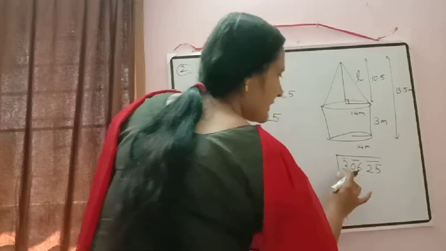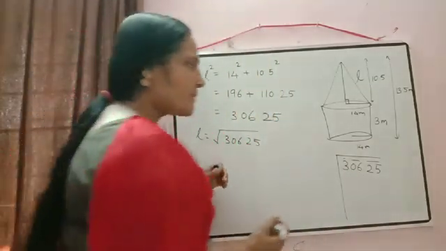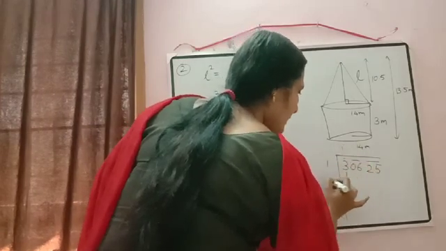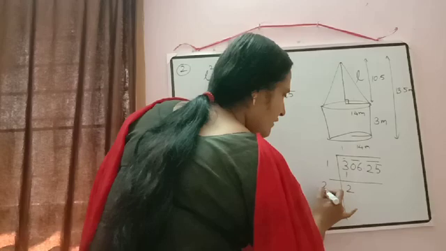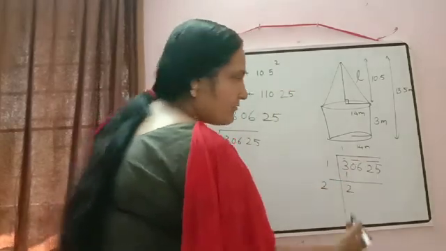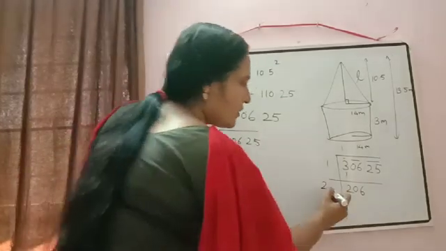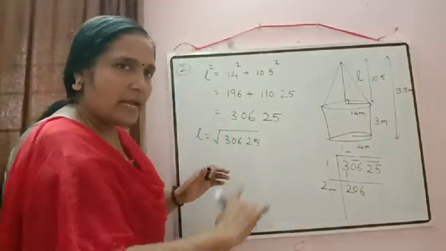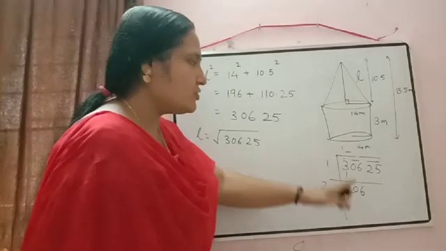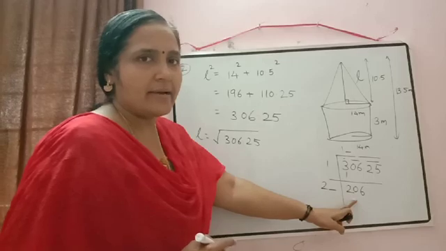Now first we will check square of a number less than or equal to 3. Which number? 1. So we'll write here 1. 1 ones are 1. 3 minus 1, 2. Here 1 plus 1, 2. Next pair we will write, that is 0, 6. Now what we have to do, whatever number will come here, same number should come here also, and their multiplication either should be equal to 206 or less than 206.